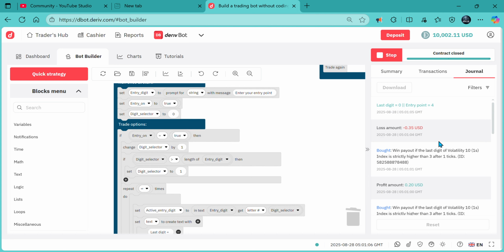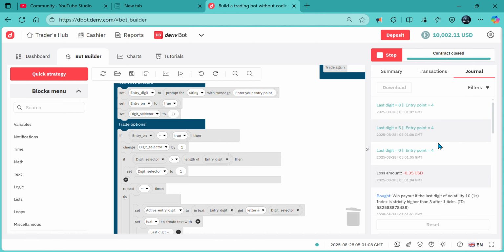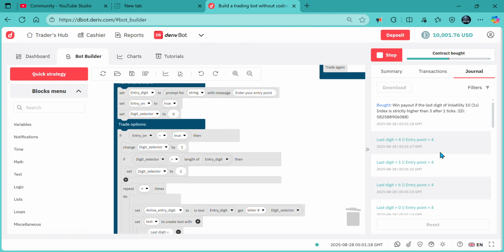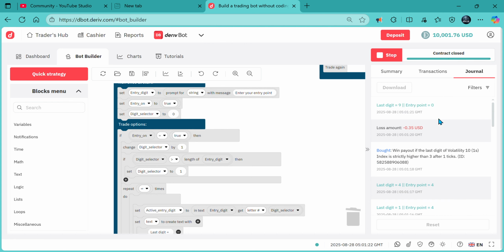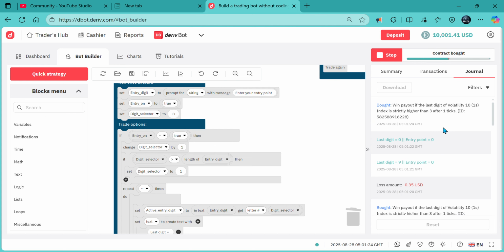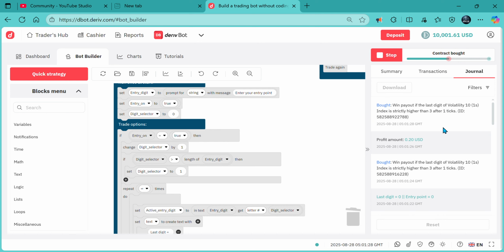You can see now we are on digit 4. Then we are on digit 0. So you can have changing entry points just like that, and then could enhance your